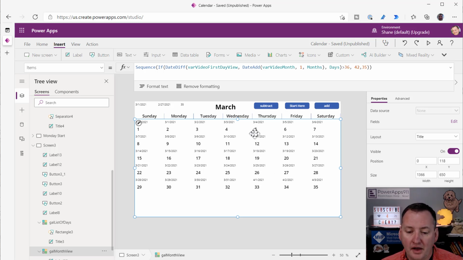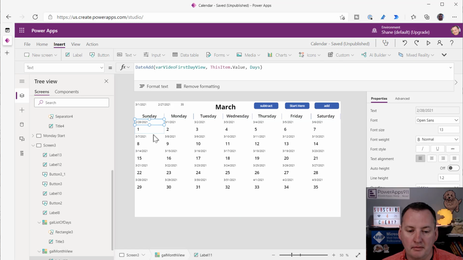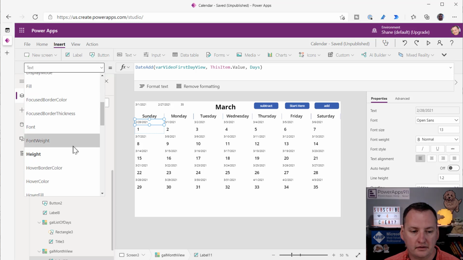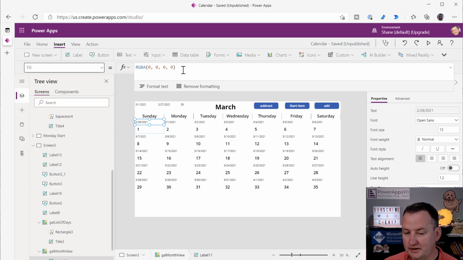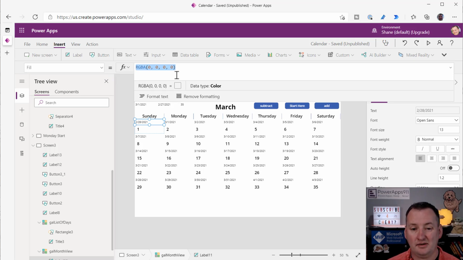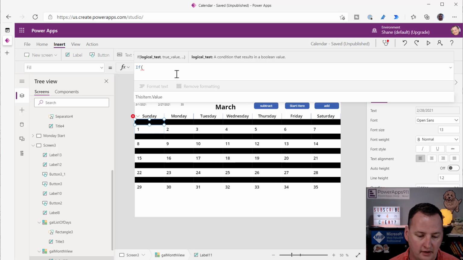So a couple other little things here. One of them is, I just want to remind you guys that if you wanted to do something special, like remember I color coded my today. So what would you do there? Well, these labels, they have a fill. And so you can set that to whatever you want. That's how I got the purple on the other one. But maybe I just want to highlight today in red. So I would just do something like this and say, hey, if